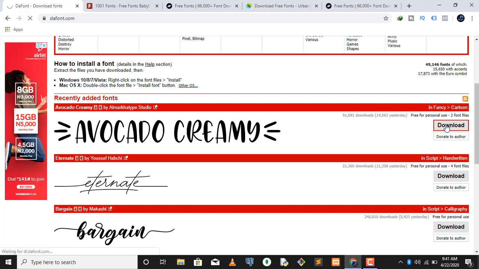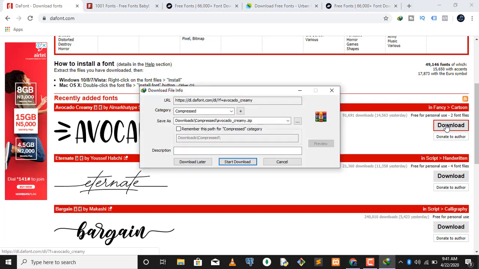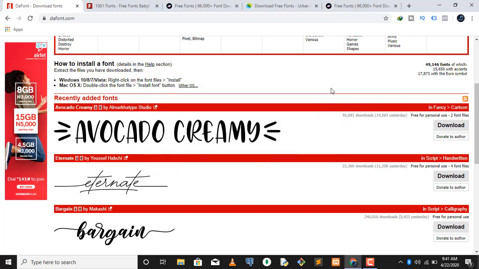It gives you a zip file. You download it, the same process as 1001fonts.com. The third on the list is